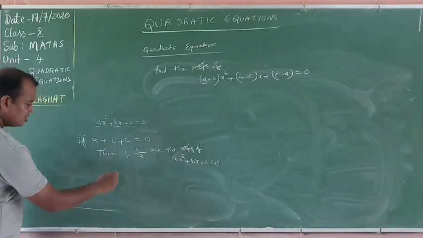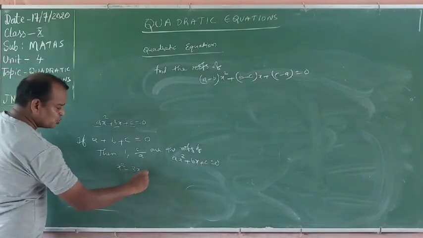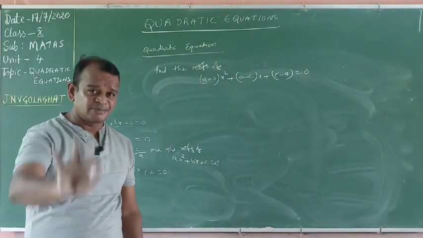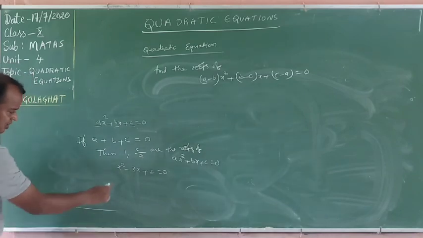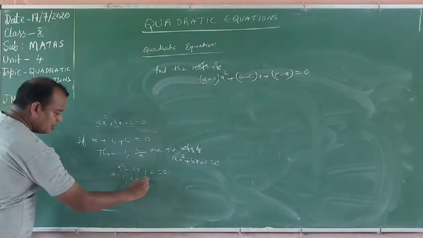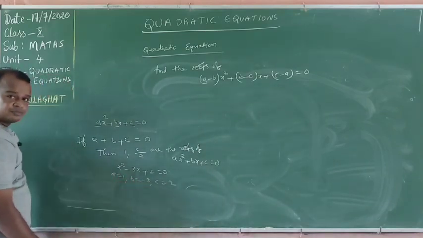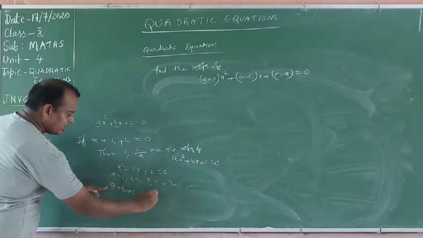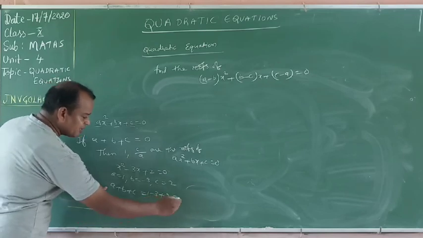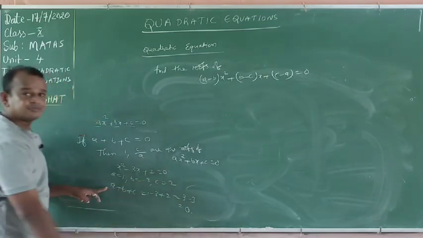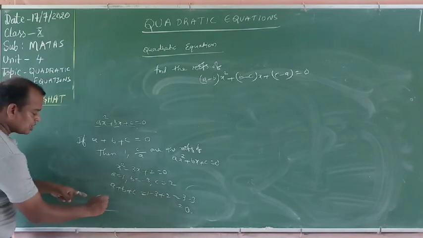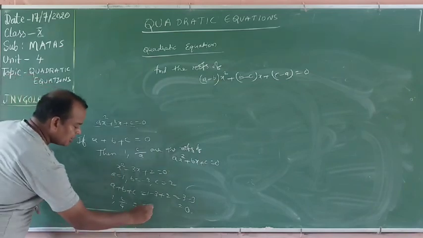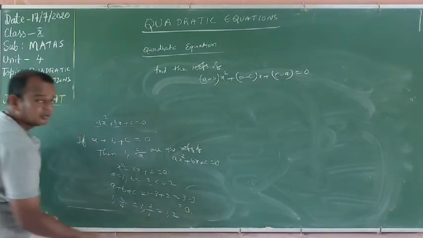Okay, we will take the example. x square minus 3x plus 2 is equal to 0. What are the roots? You know, remember, the roots are 1 comma 2, 100%. Say yes or no? Now, in this one, observe that a value 1, b value minus 3, c value 2. Now, a plus b plus c: 1 minus 3 plus 2. 1 plus 2, 3, minus 3 means 0. What are the roots? The roots are 1 comma c by a, that is 1 comma 2 by 1, that is equal to 1 comma 2. Enough.